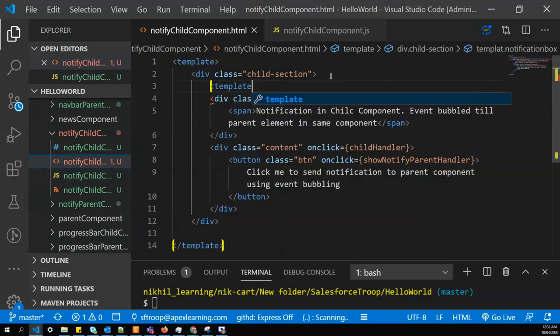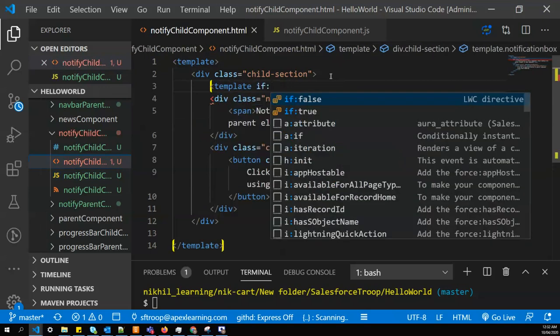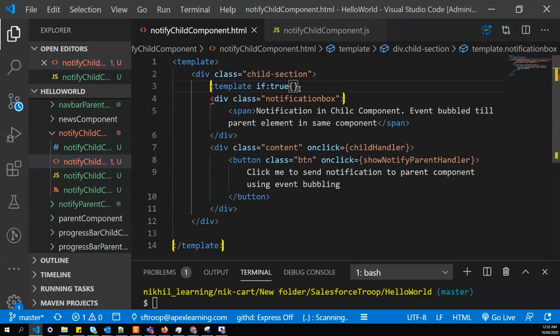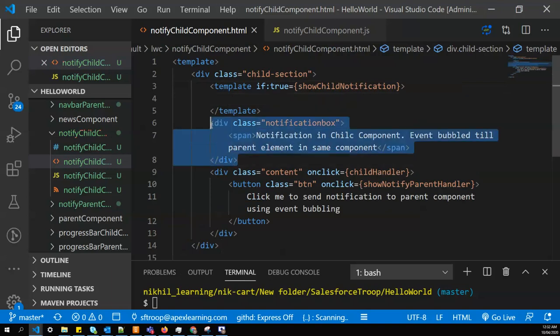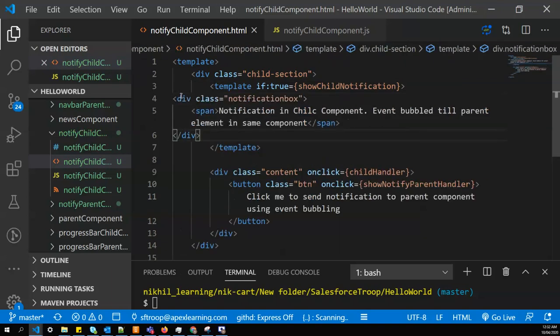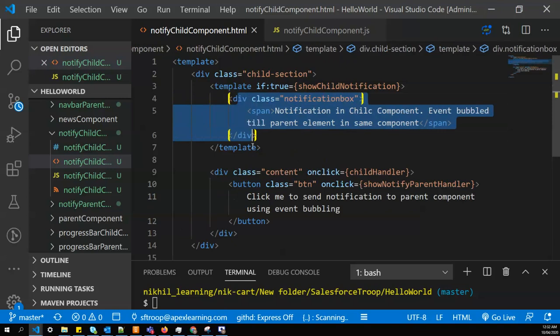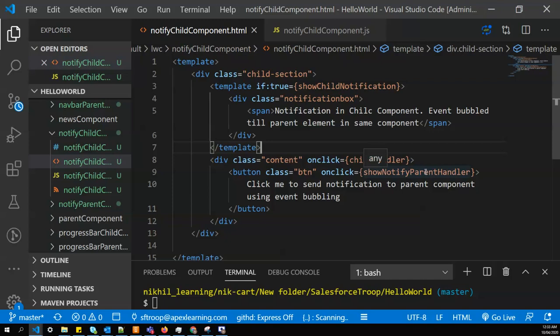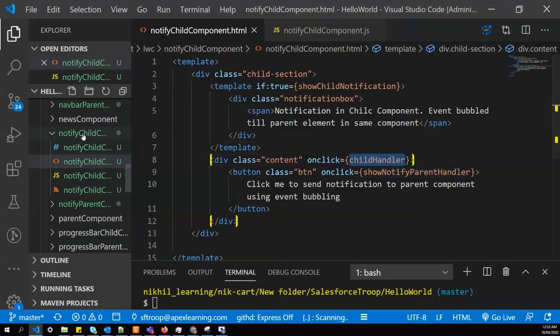We'll hide this on load, and we'll put this notification box inside this. So now our child component is ready. So once this button gets clicked, it calls this method, and it will go to the parent as well. Let's write some code for parent as well.